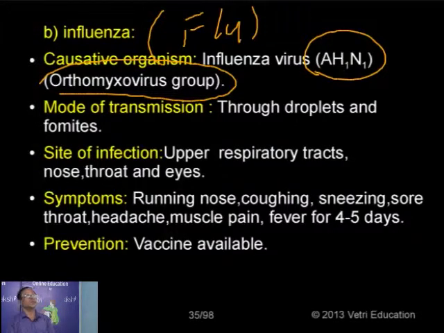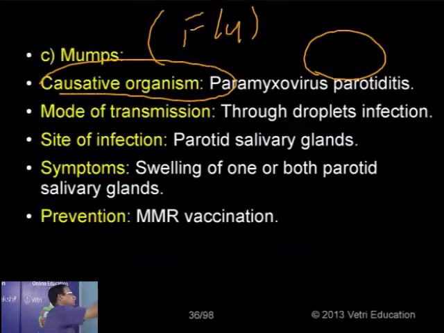What are the symptoms? Running nose, coughing, sneezing, and also sore throat. One of the symptoms, as I mentioned, is fever with muscle pain, and the fever lasts nearly 4 to 5 days. Nowadays influenza, the flu fever, is very common. The main symptoms are muscle pain along with fever. Now an influenza vaccine is available, which prevents influenza if given in advance. Administration of the vaccine is the main procedure to prevent the disease.